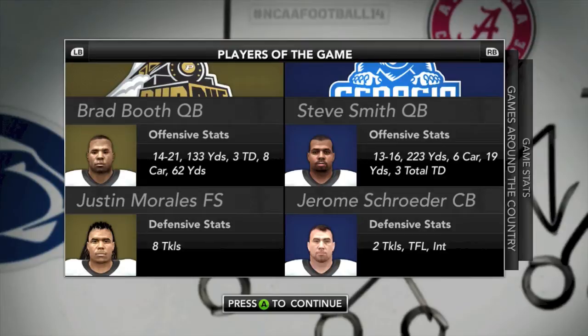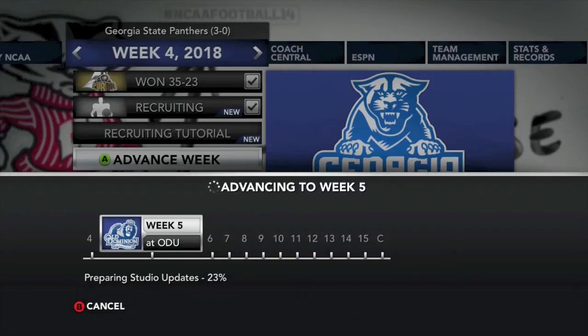Steve Smith, your player of the game for Georgia State on offense. Very efficient, not monster numbers, but very efficient, and 3 touchdowns total. Jerome Schroeder with an interception on the day. Will Georgia State be ranked now in the top 25 after going 3-0 to start the season? We will advance to week